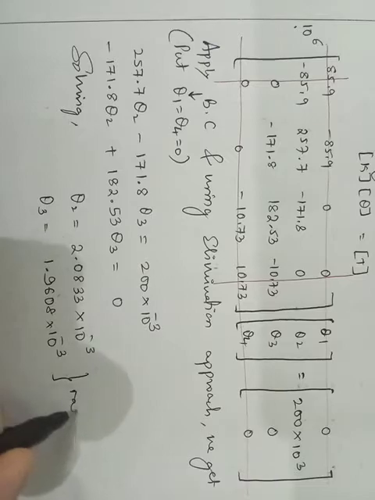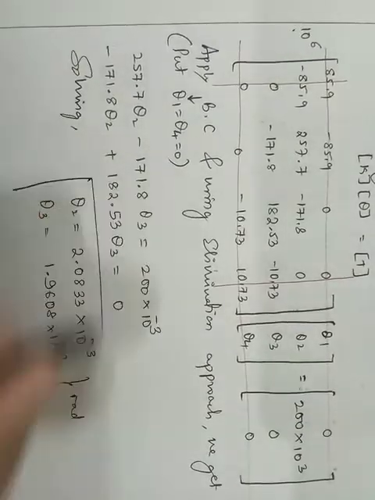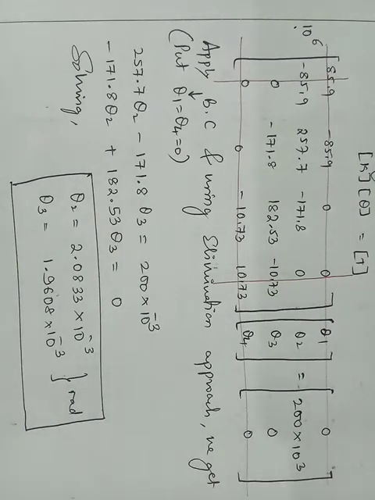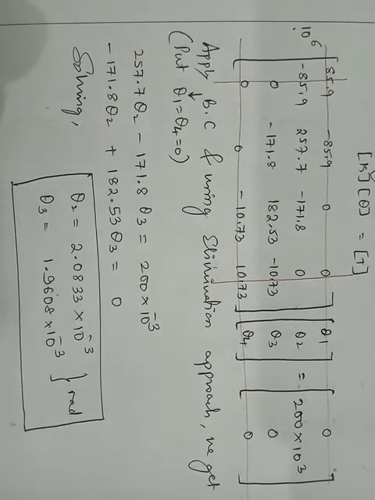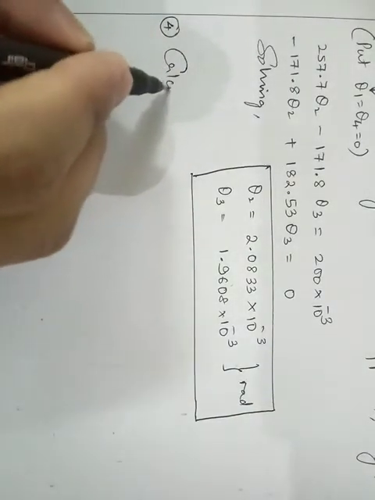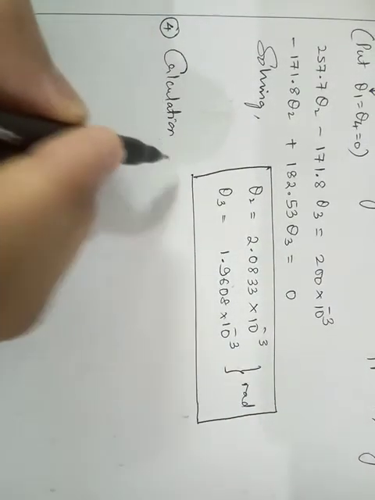Both will be in radians. This is important. Once you calculate these angles of twist, now you can easily calculate the maximum shear stresses in both the materials. So the last step is step number 4,